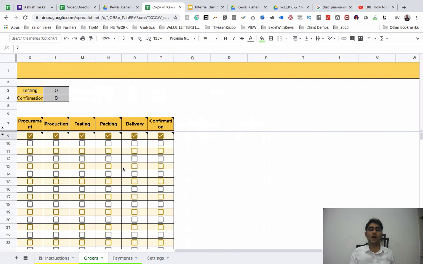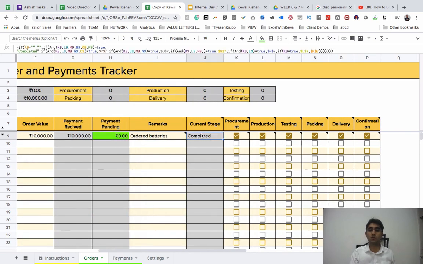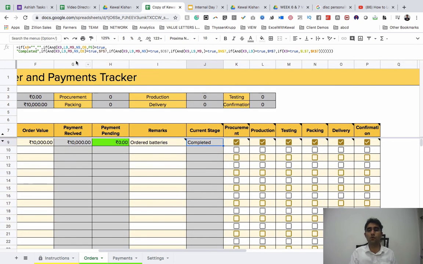Now, in case you want to add some more stages, let me tell you, there's something which you need to try out by yourself. This is called current stage completed. Okay. Now, I would want you to not touch the formula here. Do not touch it because of the formula in the background. And here, I want you to just completely focus on it. There are K column, K, L, M, N, O, and P, 6 columns.